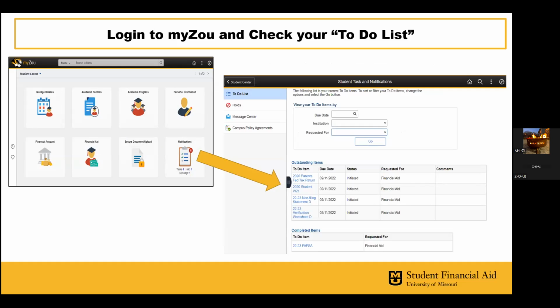There are certain things where we have to verify. It's kind of like an audit, but that's not the word for it. It's just we have to verify the information that you actually put on your FAFSA. So sometimes that requires us to get official tax documentation or non-filing statements or something like that from you. We're going to tell you exactly what we need in that to-do list, and you can click through on those